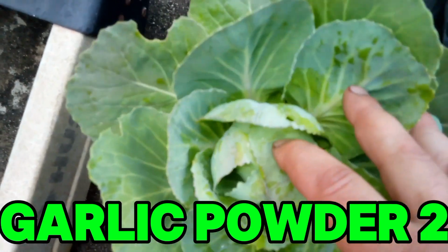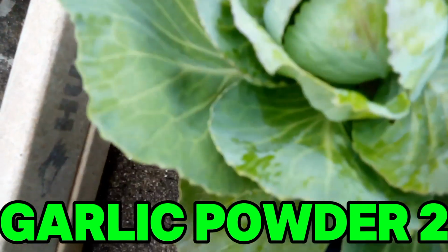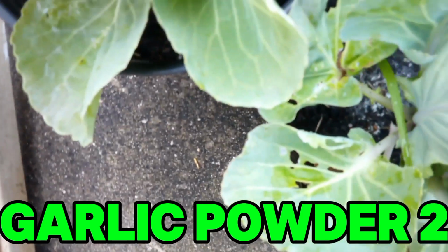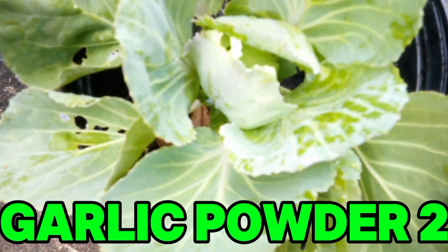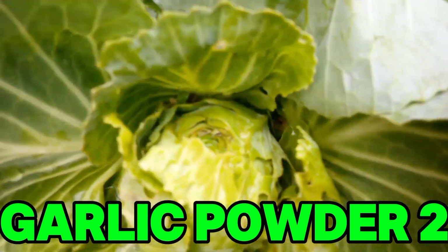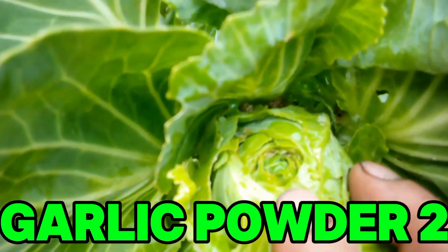So here we are with the group 2 garlic test subjects. Plant number 1 has a minor hole right here and right here, but it's in pretty good shape, all things considered. Plant number 2 has some minor signs of predation, but still a big improvement over the control group. Plant number 3 looks great along its outer leaves until you get into the actual head and realize that some sort of caterpillar or cut bug got its way in here, and the thing's pretty well and truly eaten up,